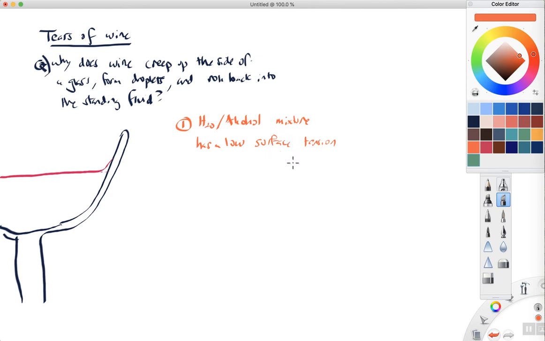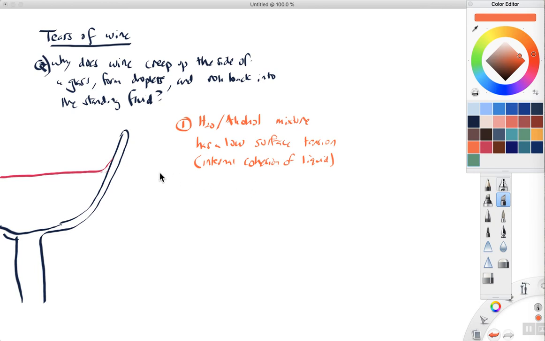Okay, so water actually has a very high surface tension. The surface of the water acts like a membrane that is somewhat difficult to break. That's why water striders or a leaf can sit on the top of the surface of water. So the water has a high surface tension, but when you add alcohol to it, it reduces the surface tension. So you can think of surface tension as a reflection of the internal cohesion of the liquid.